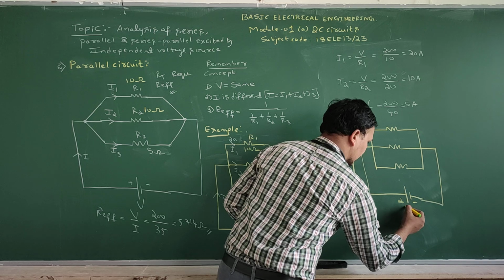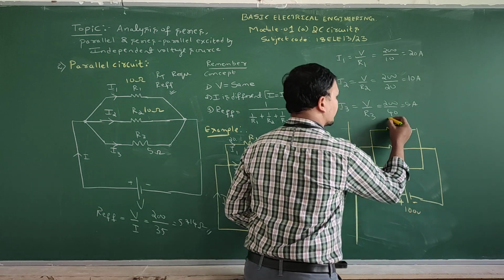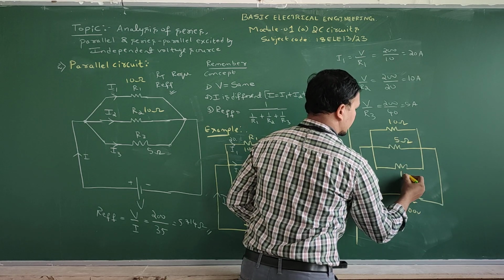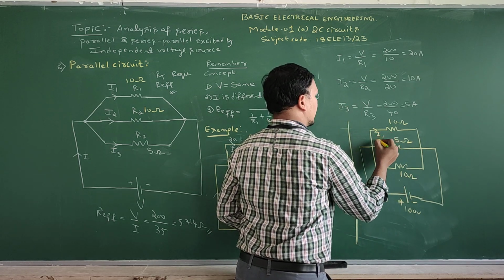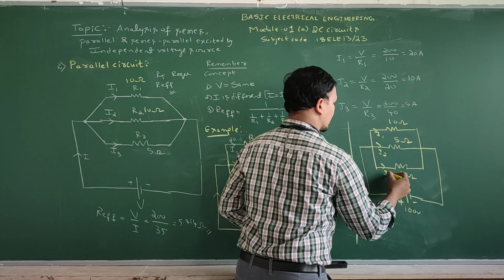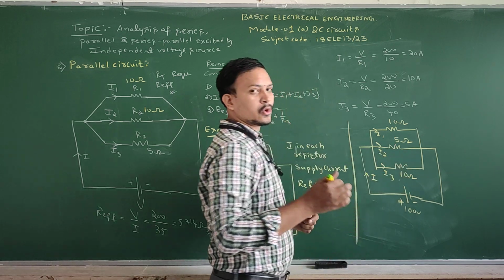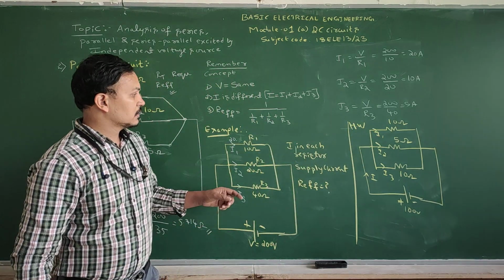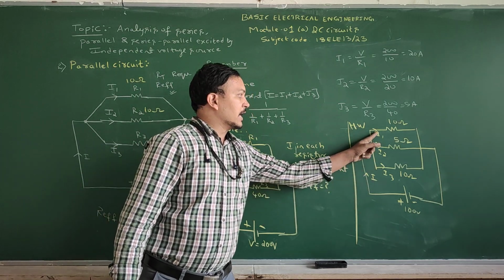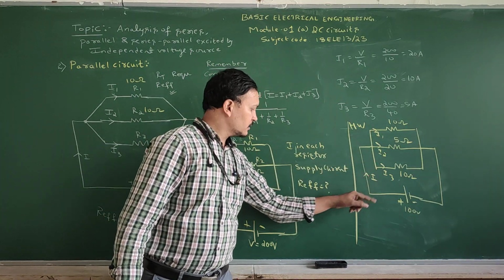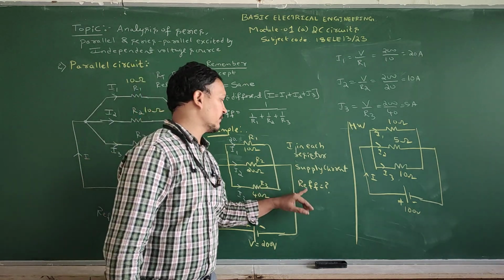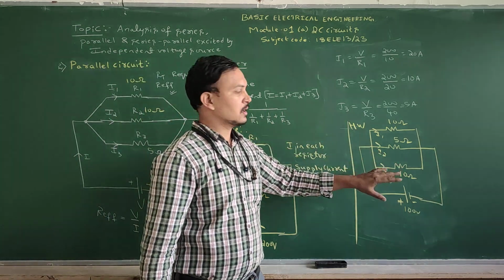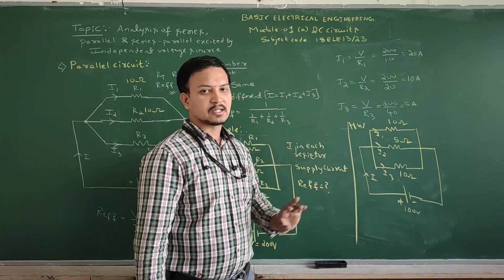So next I am giving like this: 100 volt, 10 ohms, 5 ohms and 10 ohms, I1, I2, I3 and I. So the question is same. So try this problem. You must find supply current, I1, I2, I3 branch currents and then effective resistance. So refer to the previous one, how I did this, and apply the same logic here. Later add all the currents. You should get supply current.